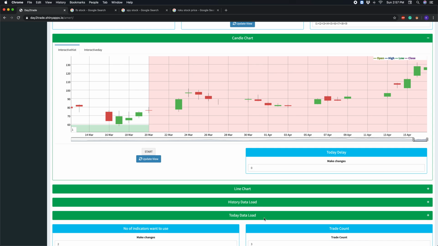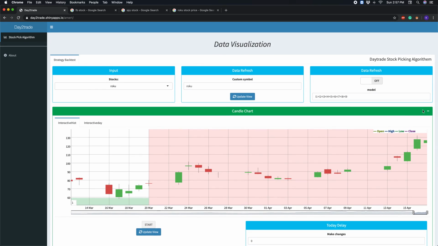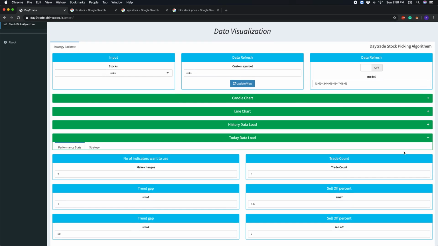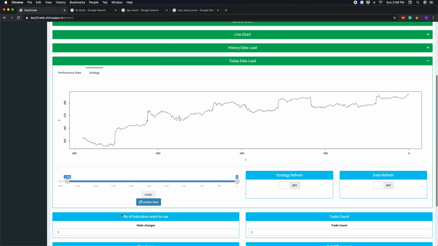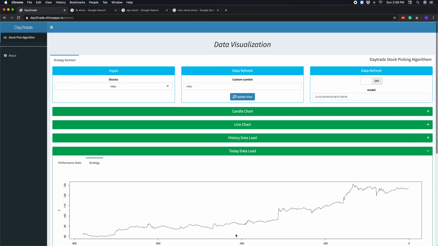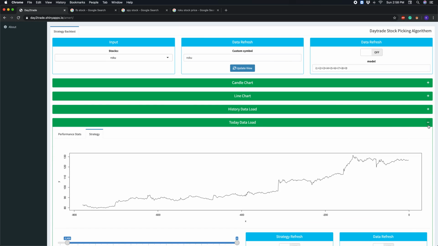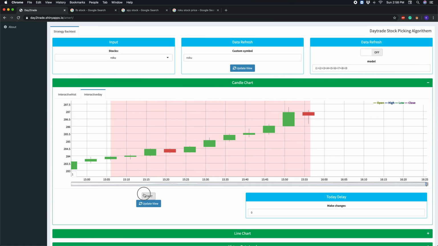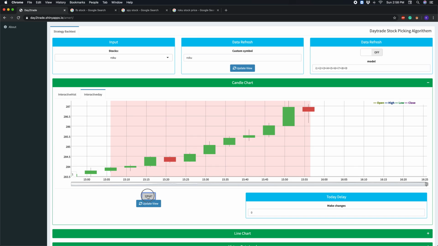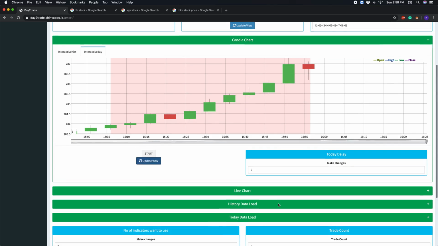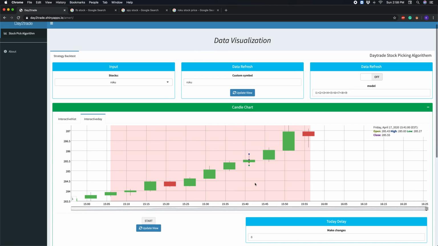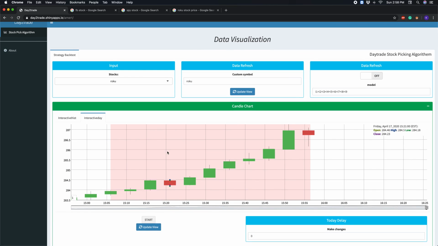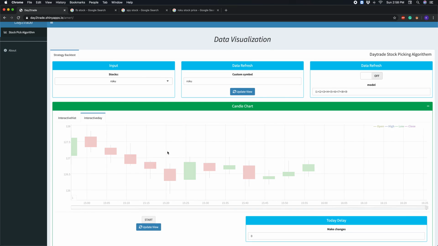Okay, now going to today's load. Today's load is used for intraday. Intraday is something that you do trading on a regular basis, so the number of trades will be more, but it's more of option trading or something like that. I use this strategy. Just wait for it, because it is still showing SPY since we were watching intraday for SPY previously. Now we just refreshed here using today's load, and now I am looking at intraday for Roku. Yeah, now it came up.